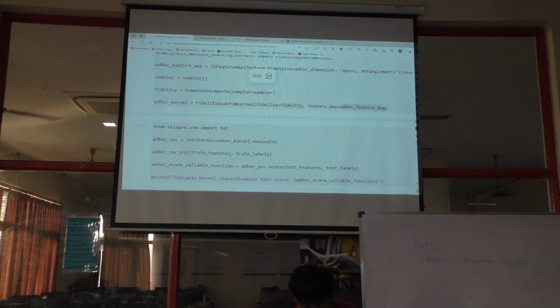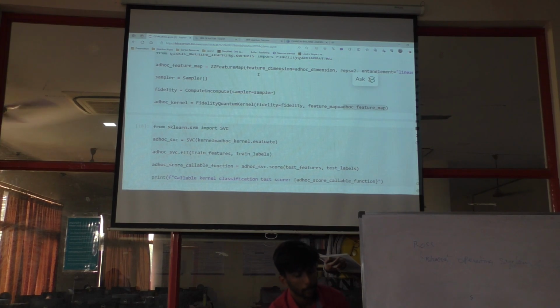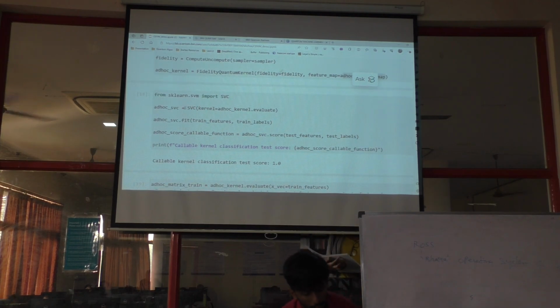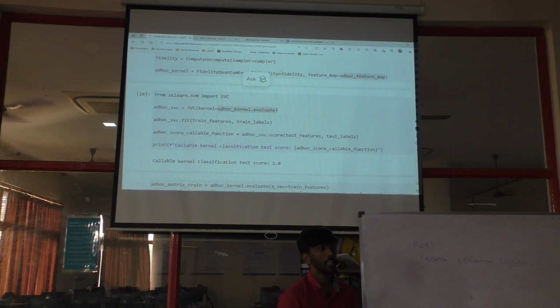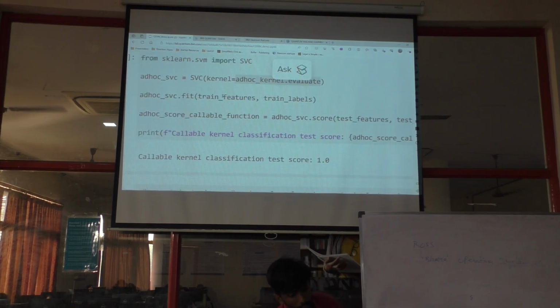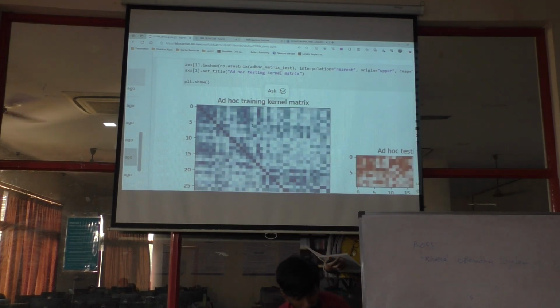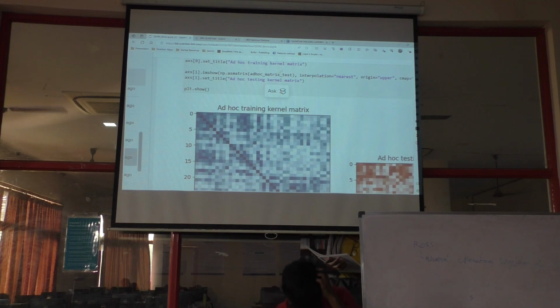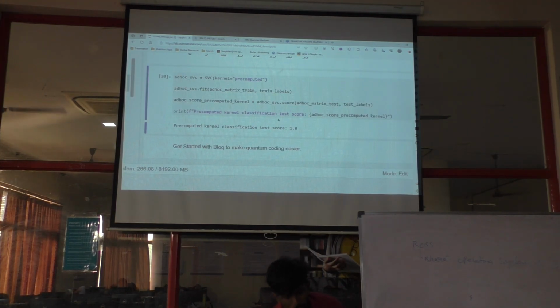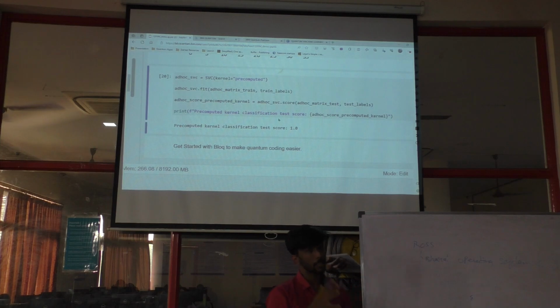And this is simply the feature map that we have defined here. So everything is straightforward, and then the rest of the things is a simple SVC. Look at it, SVC. Then we say, okay, evaluate this kernel, and then you fit it. Then you fit train features, train labels. Then you look at the classification score, the test score. This is train labels, and also find the final test score. So this is simple.